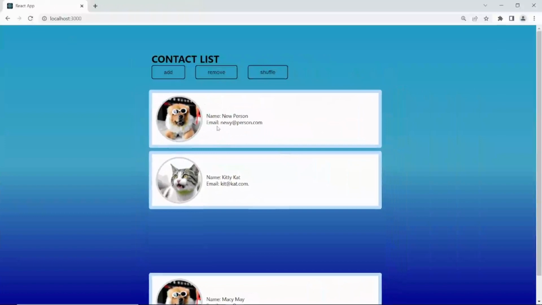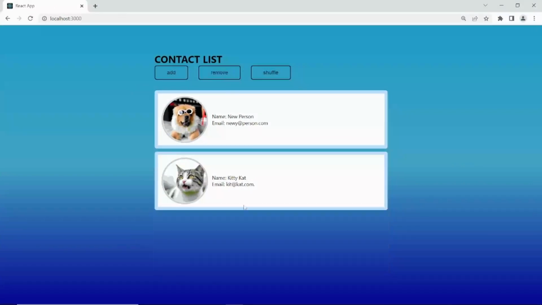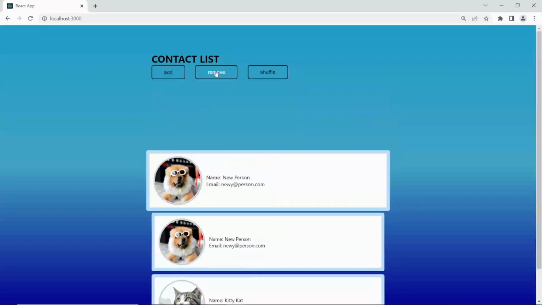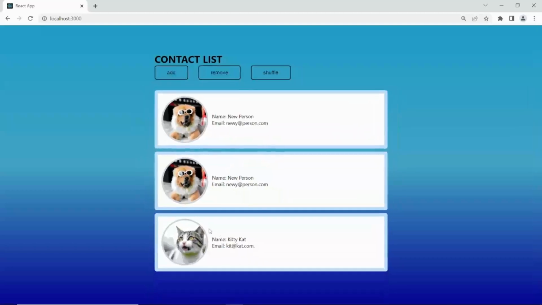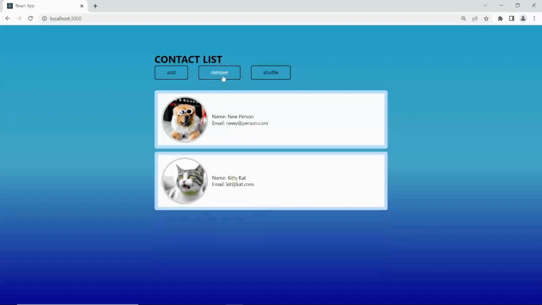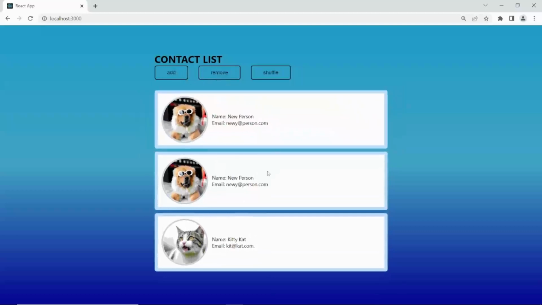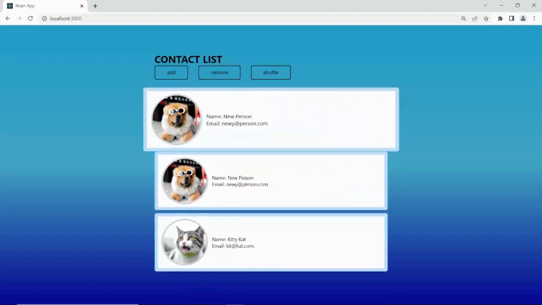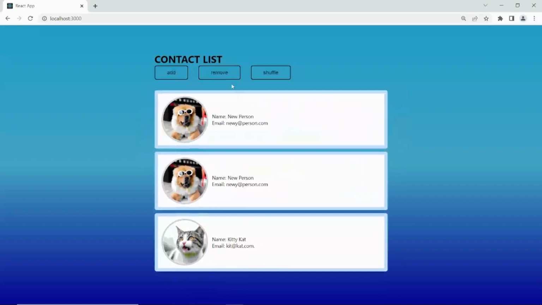When you remove it, it sort of fades out, and there you go. So if I remove it, it sort of fades out, and then the others animate in, filling in the space, as you can see here. So that's how you animate when you remove things.